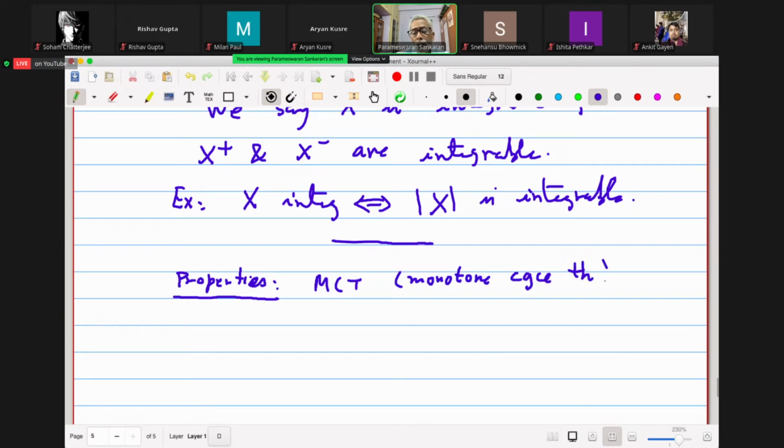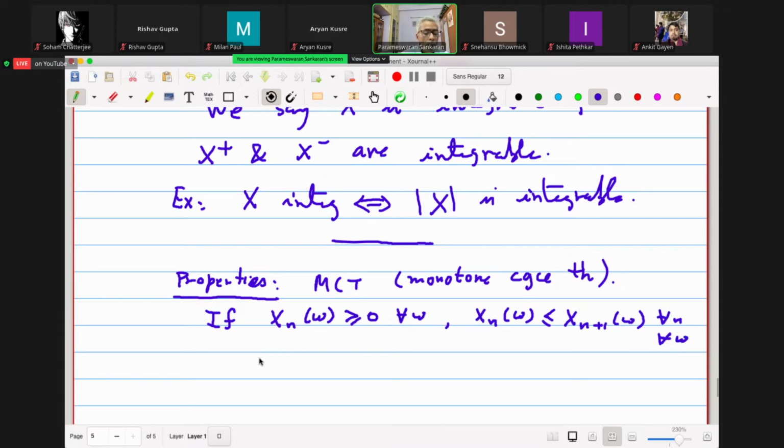So we'll assume that xn omega is bigger than or equal to 0 for all omega, and xn omega is less than or equal to xn plus 1 omega for all n, and for all omega. Okay, then